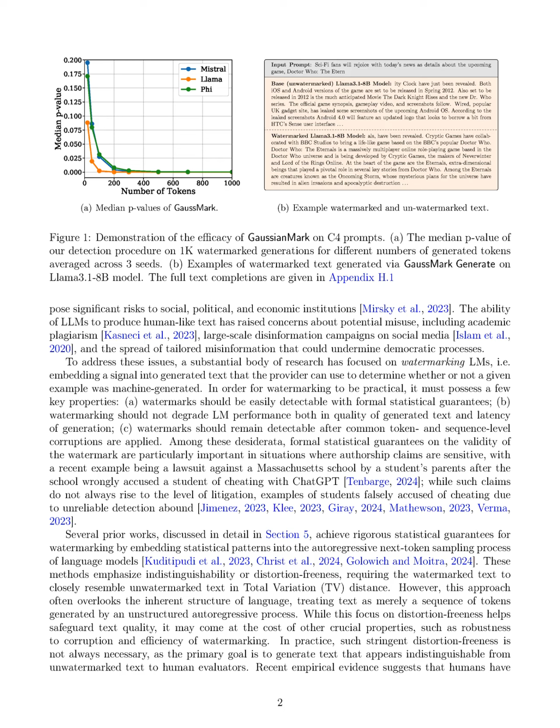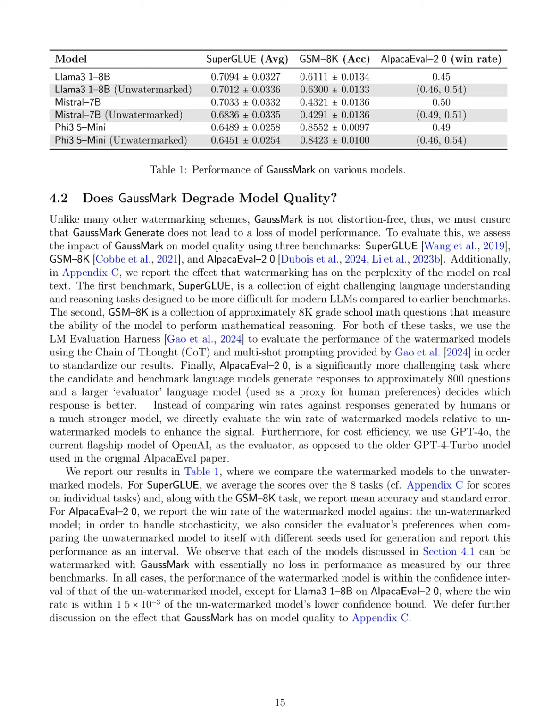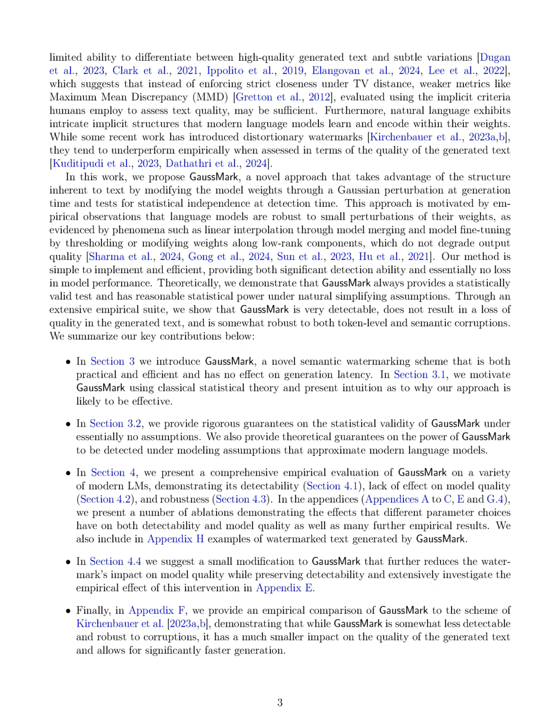The 2-number-2 watermarking method aims to address the problem of reliably detecting whether text generated by language models, LMs, is watermarked, thereby preventing misuse such as academic plagiarism and disinformation campaigns. It specifically targets the limitations of existing watermarking schemes that either compromise the quality of generated text or lack robust statistical guarantees for detection. The method fills gaps in prior research by introducing a watermarking approach that modifies model weights